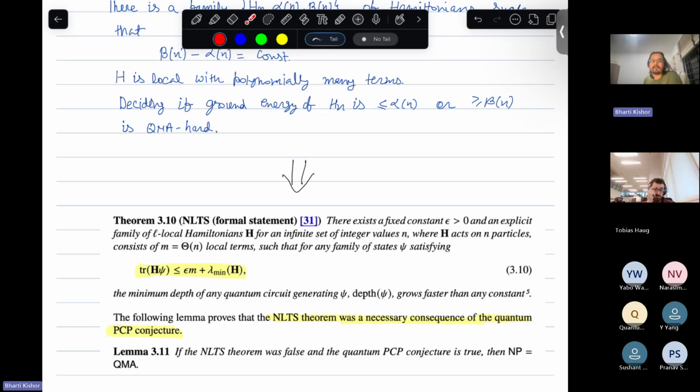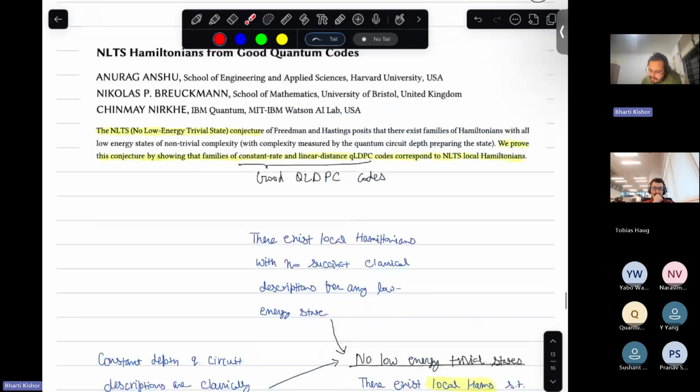But what people managed to show is that this NLTS conjecture is actually true. And to prove it, the Hamiltonian that they constructed was the Hamiltonian from the good quantum LDPC codes. So that was the breakthrough. It's a very short paper, and given any CSS code, or any stabilizer code, you can construct a Hamiltonian. And what they showed is that,